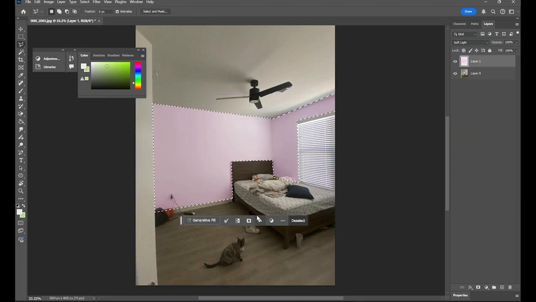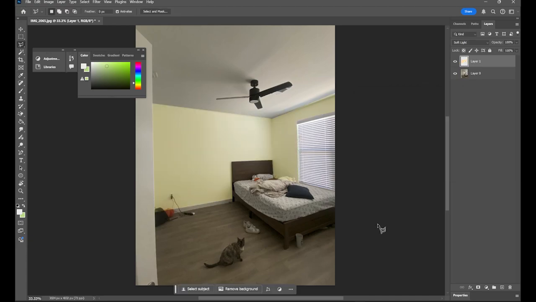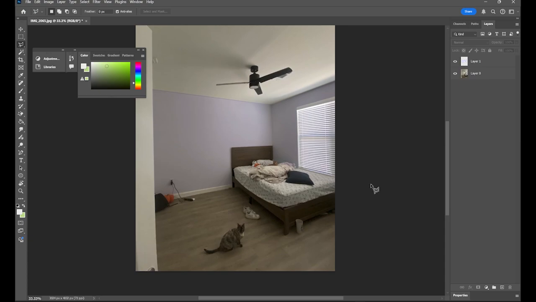If I want to change that color, I just need to select it again and just go to fill color, and again I can change the colors. So maybe I want to see what it looks like green. Let's not do that. So I kind of want to see what it looks like orange, yellow. Okay, I'm not really pleased with that. Oh, this looks like the bedroom when I was in middle school. I settled on this kind of purple color. Now the view of my room looks pretty much different. You can see a little bit of life coming in.